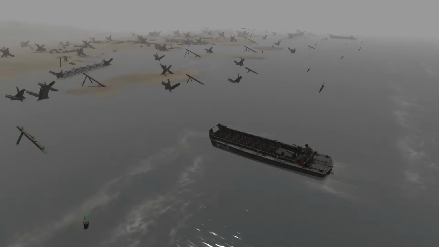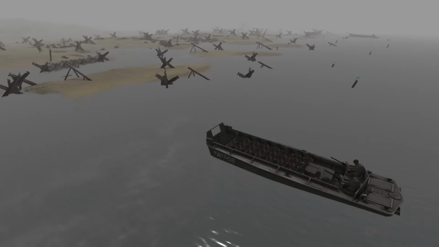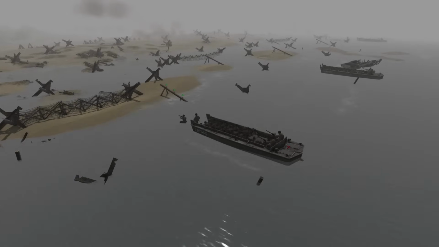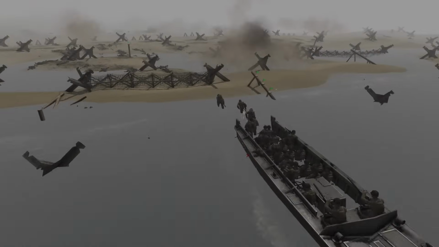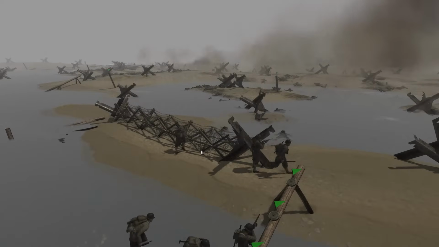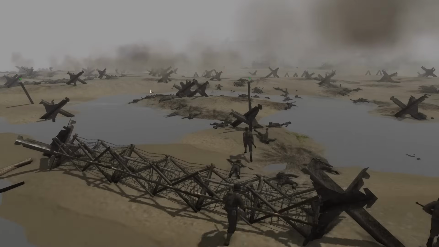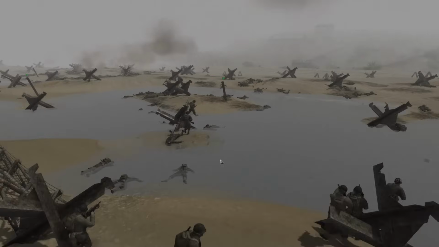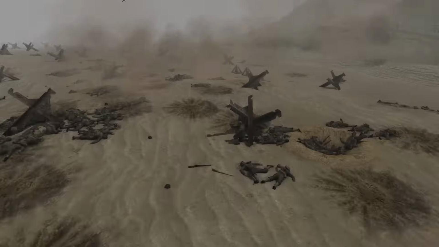So this should be the fourth wave of infantry pushing on up here. We'll see if they can do what the rest of the waves just have not been able to do in the slightest. Pushing out of the LCVP Higgins Boats yet again. Getting some good cover fire out from those troopers up there. So these guys are basically just safe for now because all of the fire is concentrated on these poor chaps